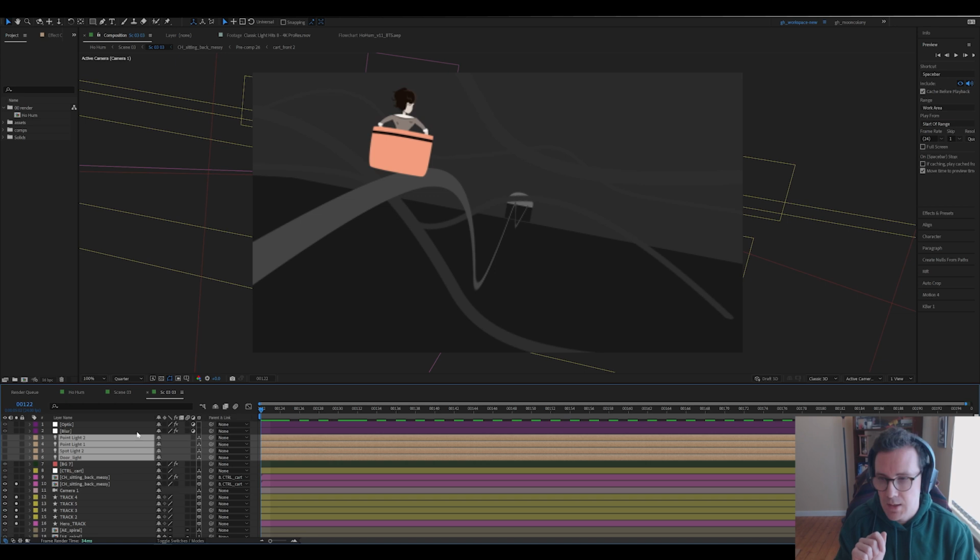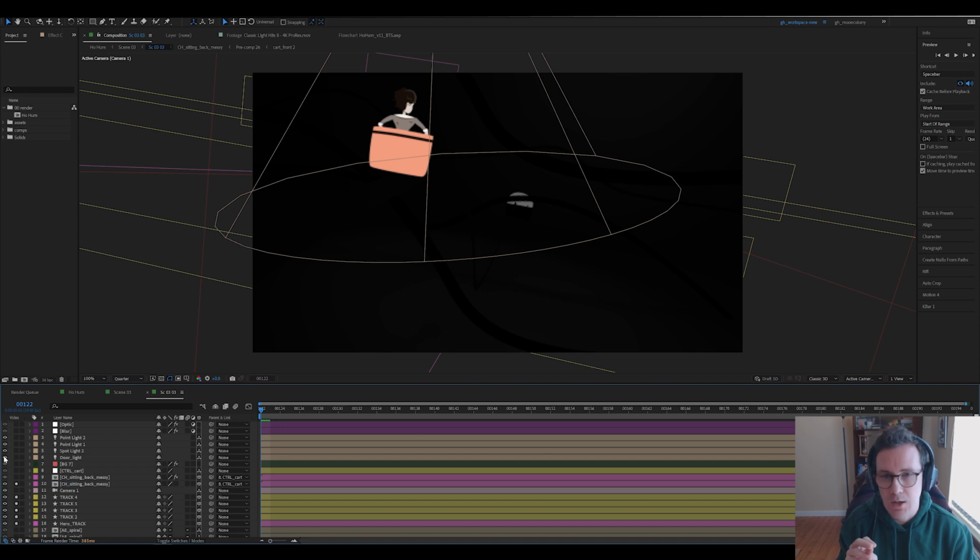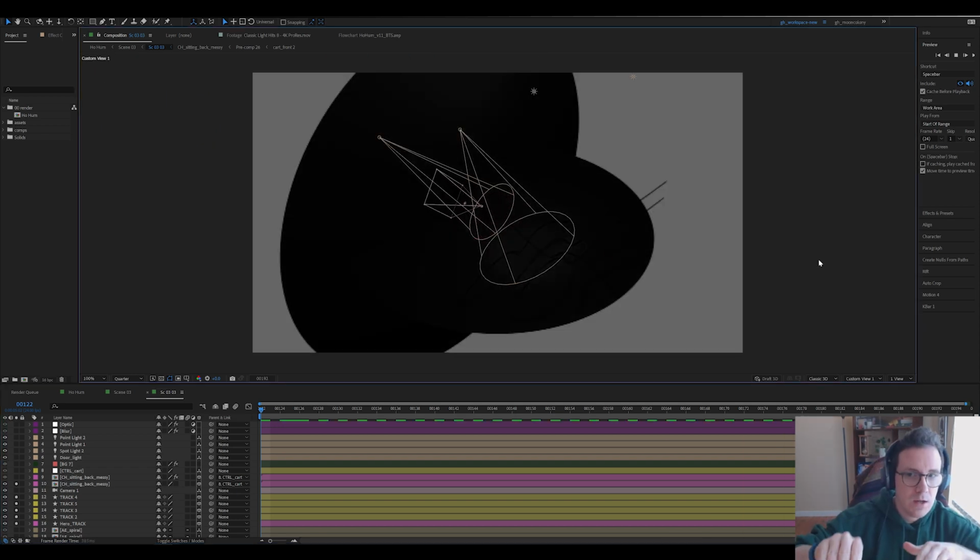I would spend a bit of time adding in some lighting just to help create atmosphere and also to help cast shadows in the right spots that I need it. I've got more lights in here than normal just to help cast shadows from all the different roller coaster tracks,